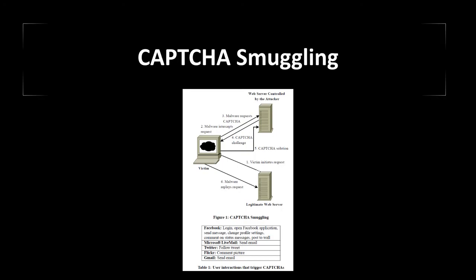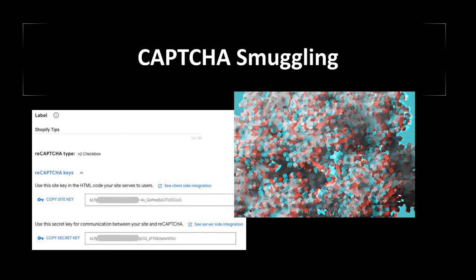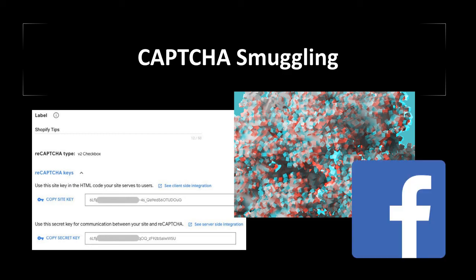There's also CAPTCHA smuggling, in which attackers slip CAPTCHA challenges into the web browsing sessions of unsuspecting victims in such a way that they are perceived as a normal part of the experience. But this can be mitigated using site keys, CAPTCHA frames with user-selected backgrounds so that any other background would immediately arouse suspicion, or making users more aware of features, such as Facebook reminding registered phone users that they are exempt from these challenges.